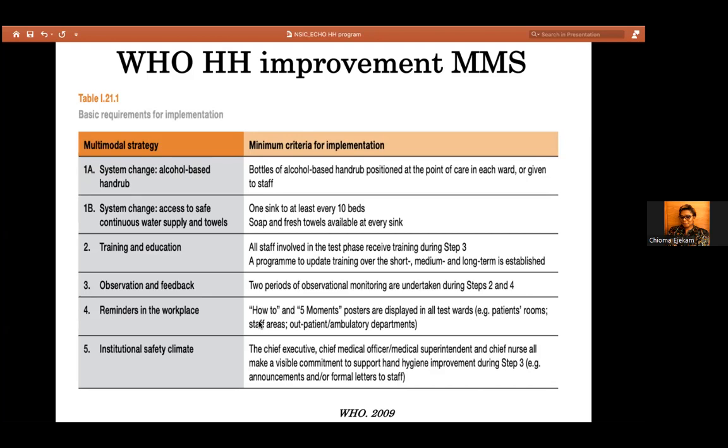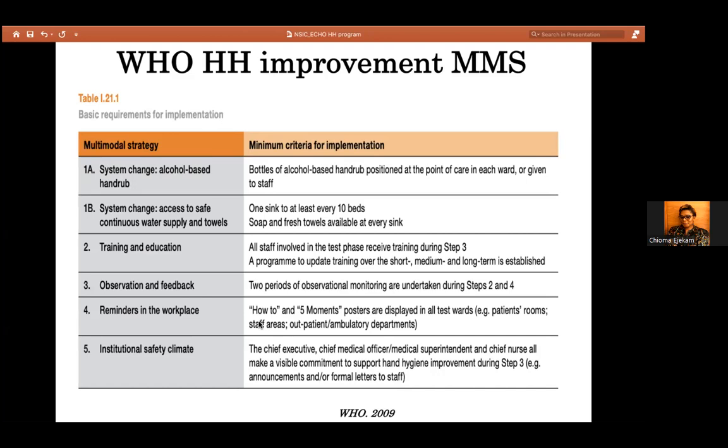You need to have bottles of alcohol-based hand rub positioned at points of care in each ward. You need your healthcare workers to have their personal alcohol-based hand rub clipped on their clothes or available to them. Part of hand hygiene system change also requires hand washing stations at designated and important areas.